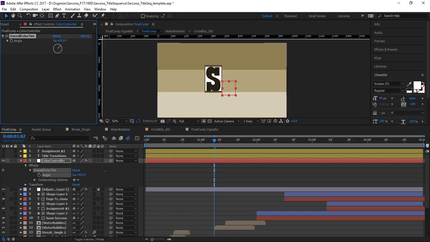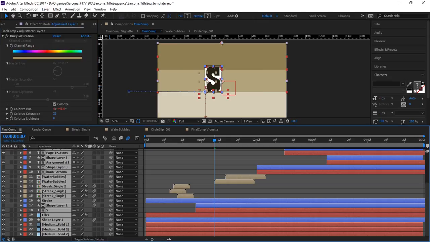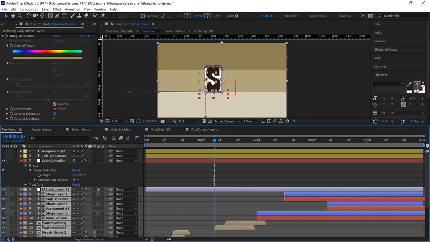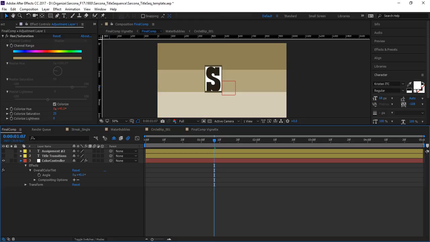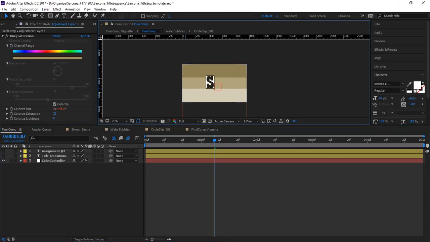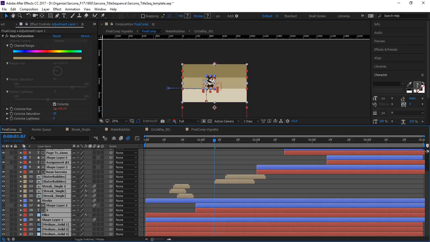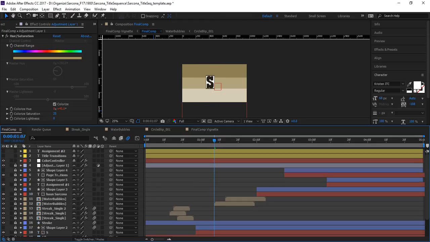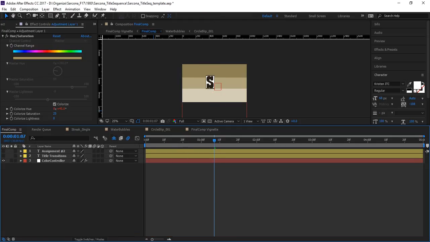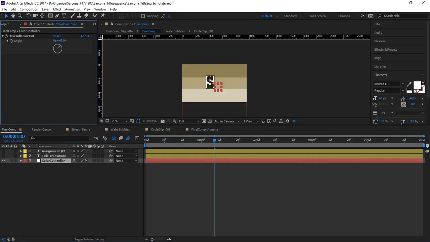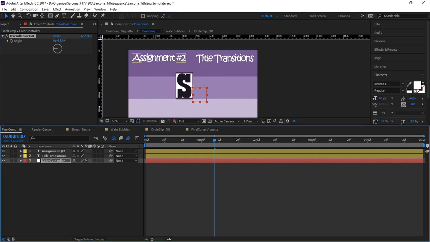Now what's neat about this is that once I have all of that stuff done, I can take all of these layers, hit the little shy dude, shy them, and now I don't have to worry about accidentally ruining any of my other stuff. I also probably want to lock them too. I'm going to grab all of these and lock them. And then hit the shy guy. Now, even with them locked, I can still change the properties of them because I've allowed access to those properties to get changed. So now I can go to turn these guys on and say assignment